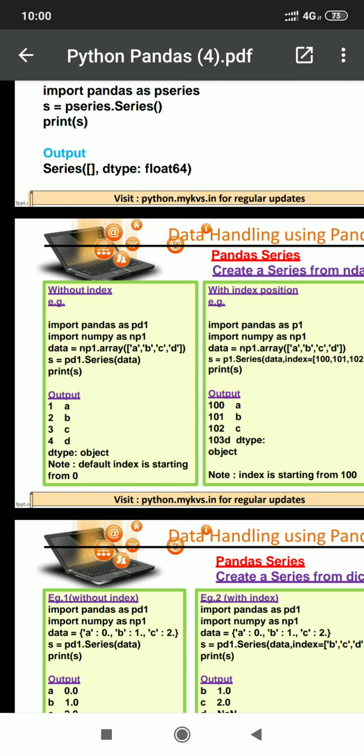What is the difference between these two programs? If we are not applying an index in series, the system will automatically assign indexing to elements. In the first program you are finding 1, 2, 3, 4. These are the index values assigned to A, B, C, D. Whereas if we apply the index argument inside the series method and mention indexing, it will replace the default index position with the assigned index values.